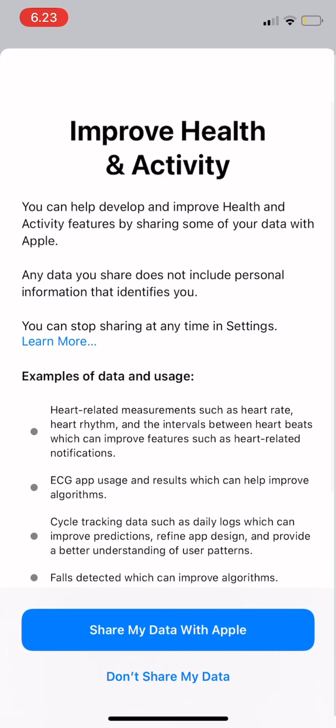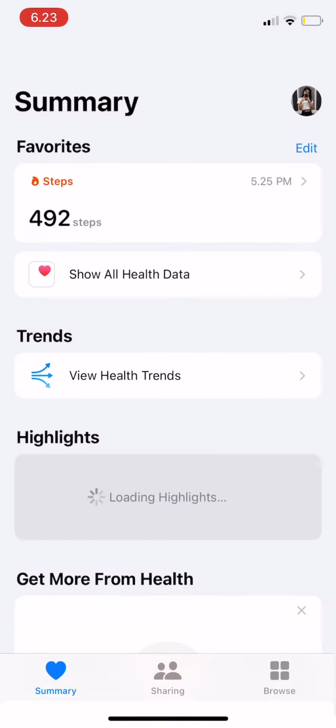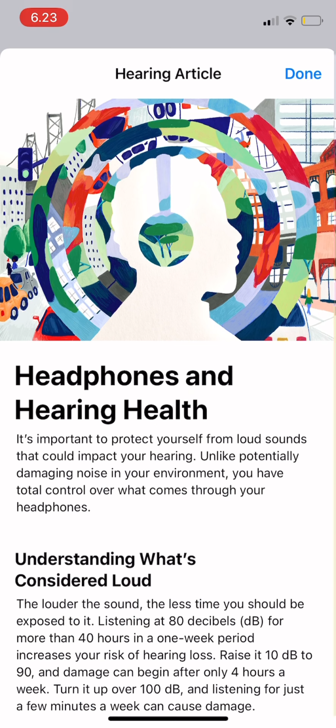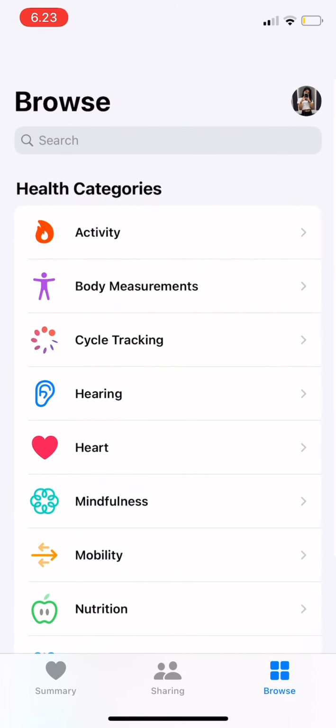You can press there, and then you can improve health and activity. And then here is your